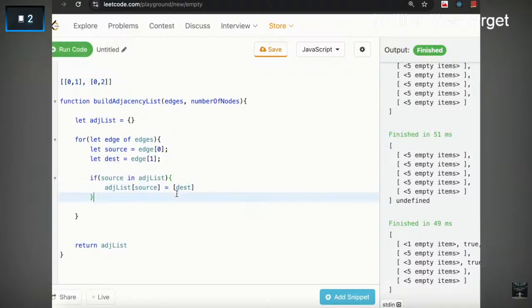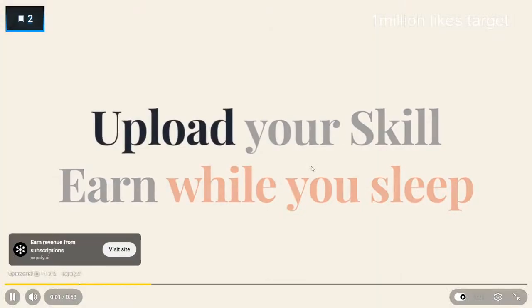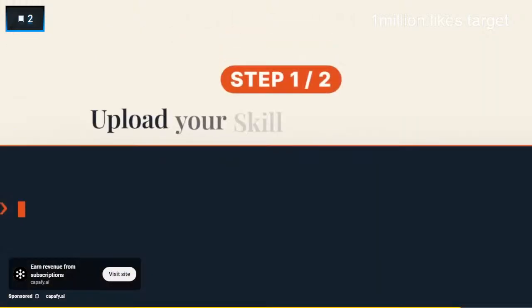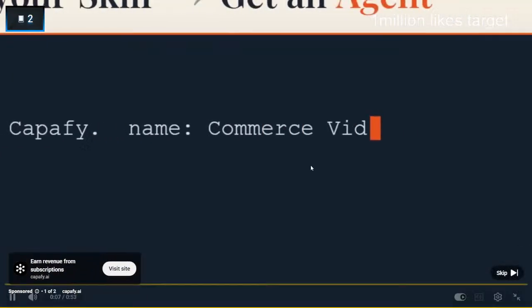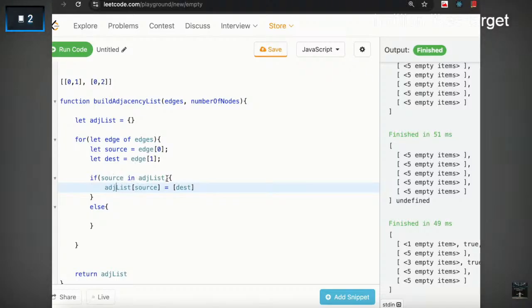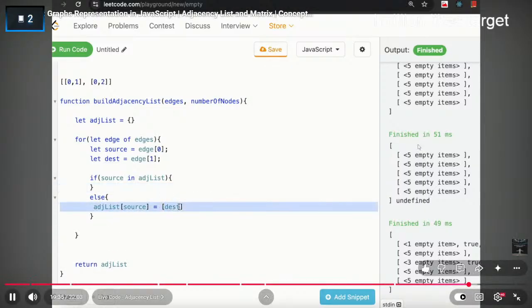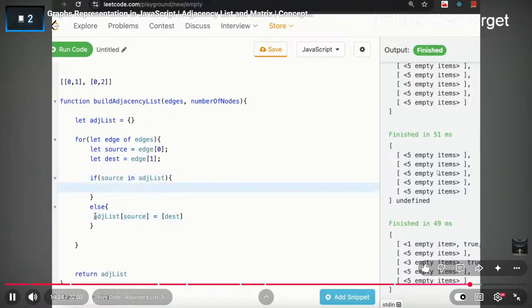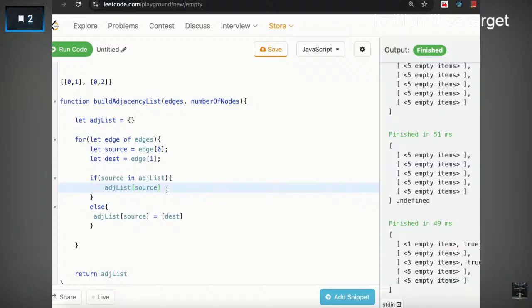तो चलो ये एक तरीका हो गया कि अगर ये नहीं है प्रेजेंट एजेंसी लिस्ट में, तो हमें एक्चुअली में एक एरे बना के उसको इंसर्ट करना पड़ेगा। तो ये देखो मैंने इंसर्ट कर दिया। अगर वो की ऑलरेडी प्रेजेंट है तो जाहिर सी बात है कि हमें बस उसके अंदर एक पुश करना है, राइट। तो इस पर्टिकुलर वैल्यू का एक पर्टिकुलर एरे होगा जिसके अंदर मुझे DEST को पुश करना होगा।